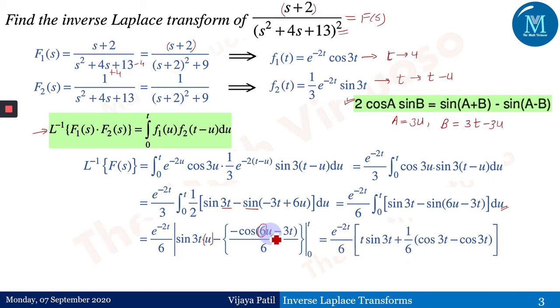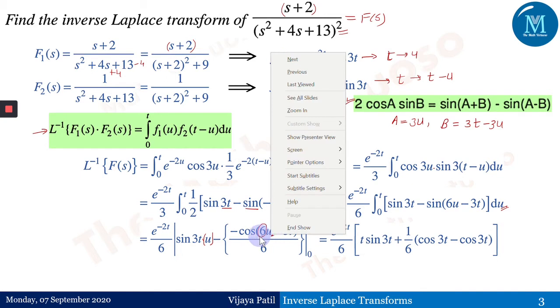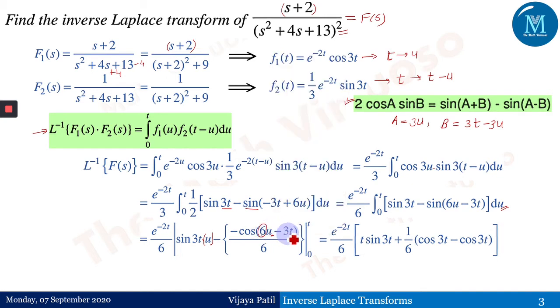Now this u has been replaced as t, so cos of 6t minus 3t would give me cos of 3t, and by 6 minus the 0. Now because of the presence of u here, the first term of the denominator, this lower limit would give us 0